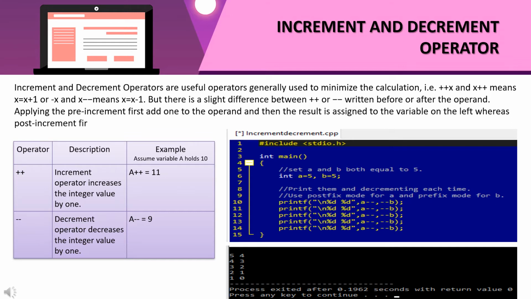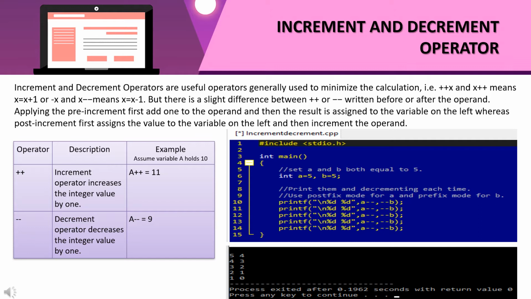But there is a slight difference between plus plus or minus minus written before or after the operand. Pre-increment first adds one to the operand, and then the result is assigned to the variable on the left, whereas post-increment first assigns the value to the variable on the left and then increments the operand. Can I make you understand that?